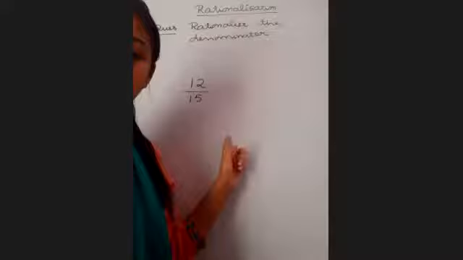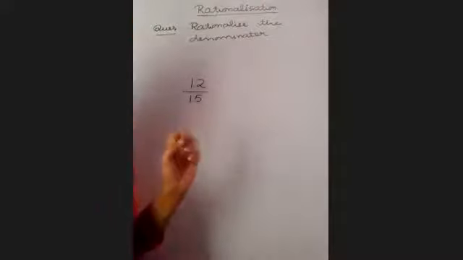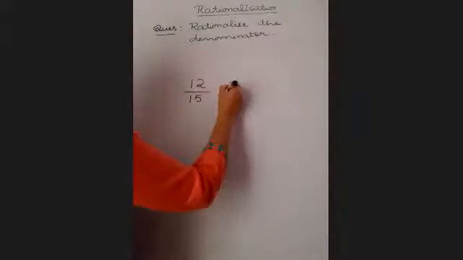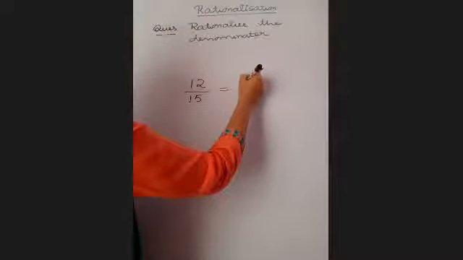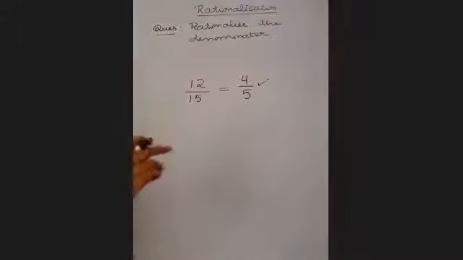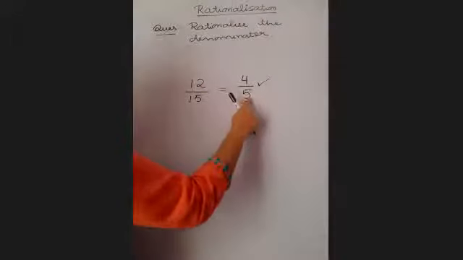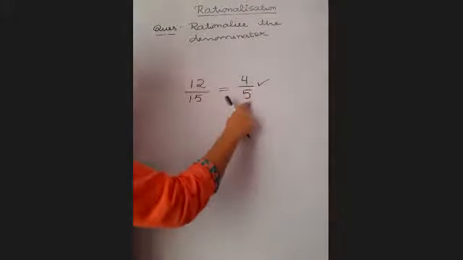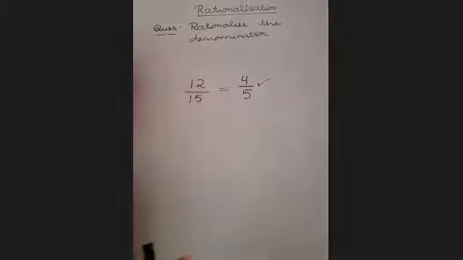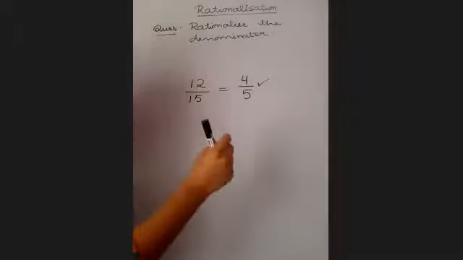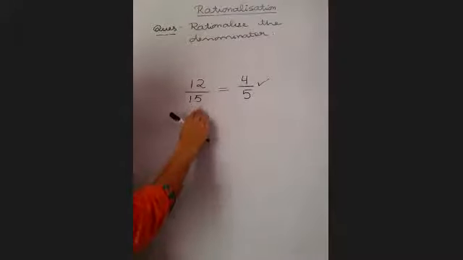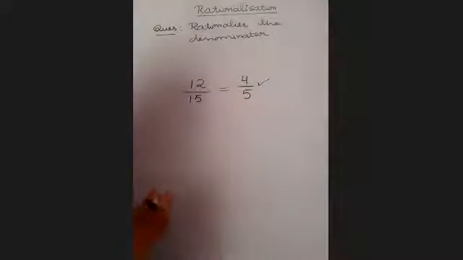No, ma'am. The lowest form. We will simplify it more. So you will be writing it 4 upon 5. Nobody is going to tell you. In class 6th and 7th, there used to be a question to put in the lowest form or the simplest form. But now from 9th onwards, we don't expect this to be written in the question. It is very much obvious that the number has to be put in the lowest form.